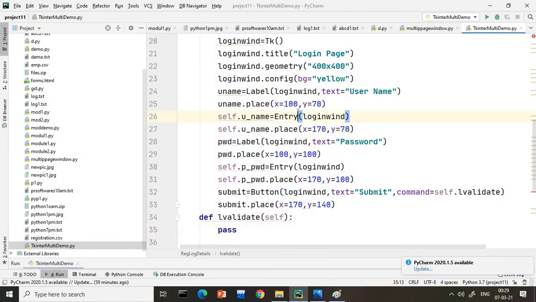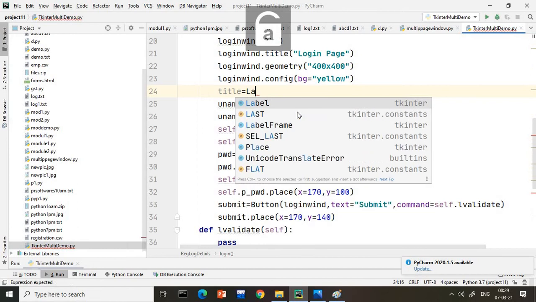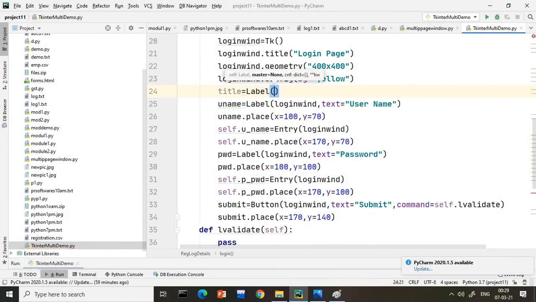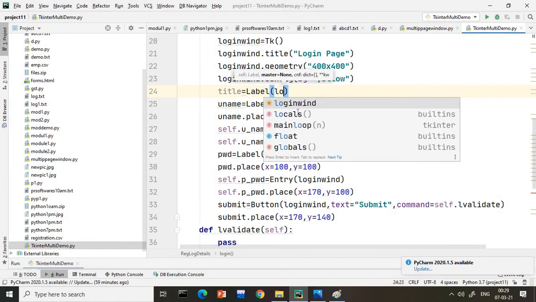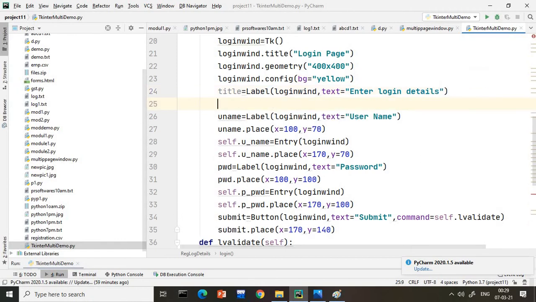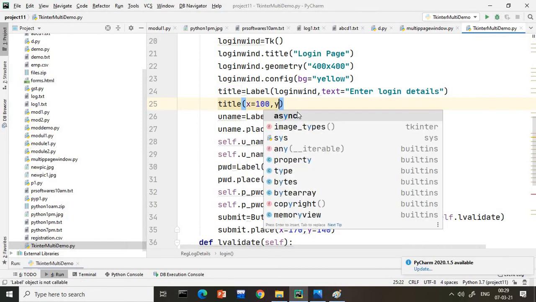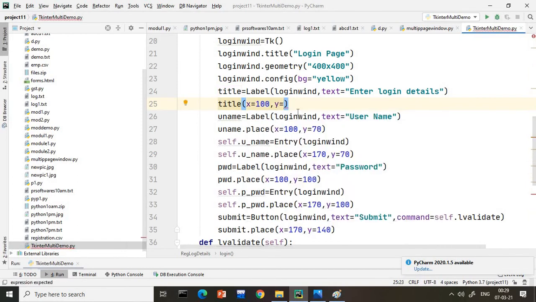So what I will do is, at the start of this username, I will create one title. Title equals Label(login window, text equals enter login details), and this should be exactly at x 100 and y around 40.